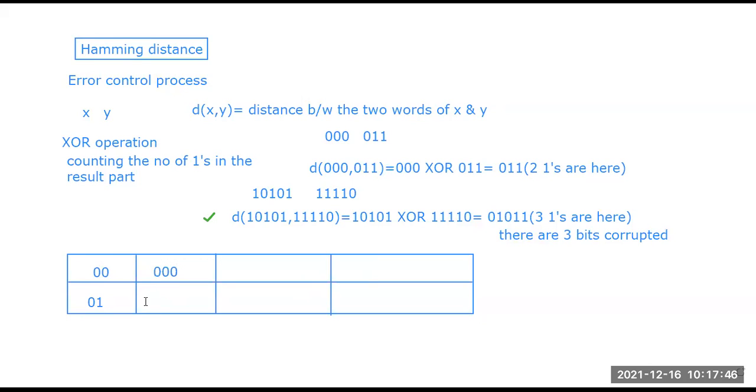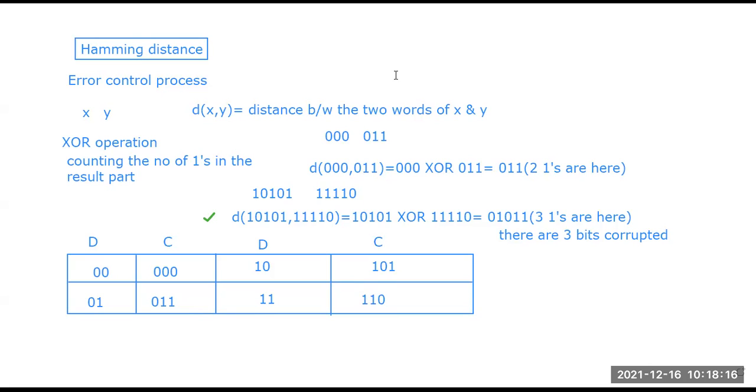For another, consider the data word 0 1 with code word 0 1 1. Then the data word 1 0 with code word 1 0 1, and the data word 1 1 with code word 1 1 0. So this is my data word part, and this is my code word part.